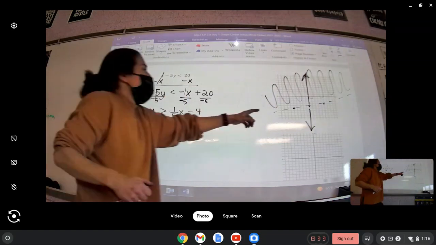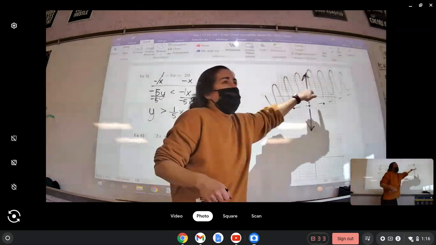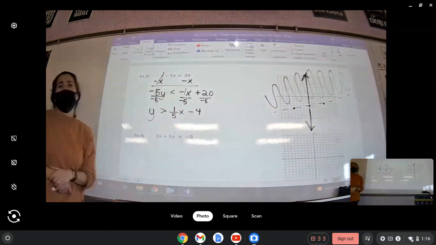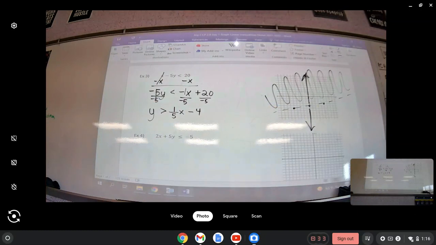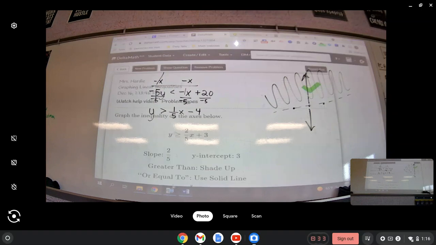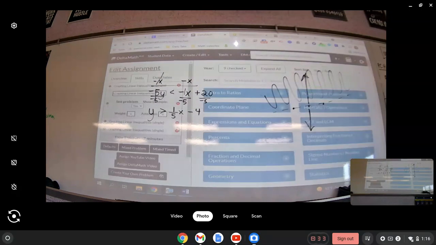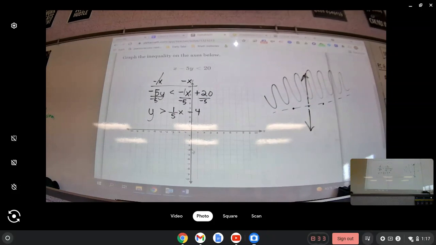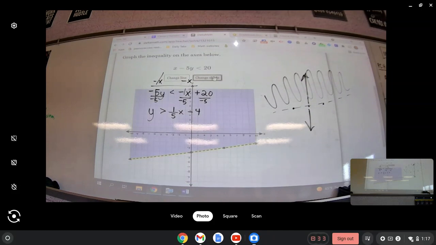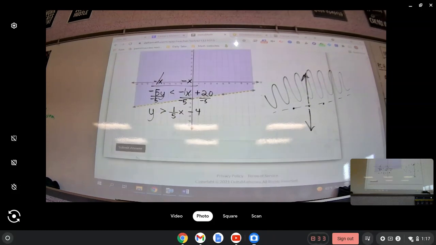And now, guys, 0, 0 is where we shaded. So 0, 0 should make this true if you plug it in. If you wanted, I'm not saying you have to, if you wanted to test. All right, and then I'll go to Delta Math. We got negative 4 was our y-intercept. I went up 1 and right 5. I needed a dashed line, and my shading was above. And then I should be able to submit it